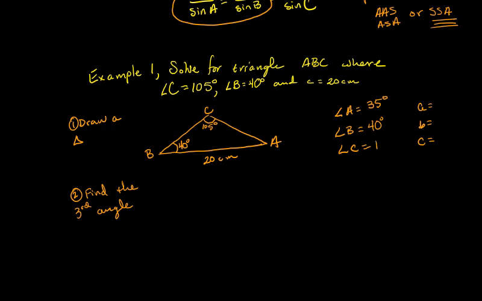All right, 105 degrees, and then that's 20 centimeters. All right, now that we know our third angle is 35, we're going to be able to solve for the triangle. Remember, solving for the triangle means you have to find all angles, which we've done, and now you have to find all sides. So we're looking for side A, and we're looking for side B. This is where the law of sines is going to come into play. We're going to set up a proportion,